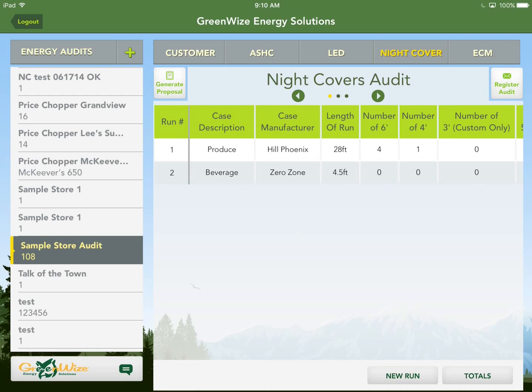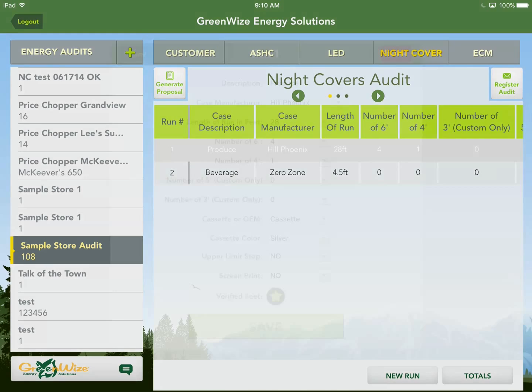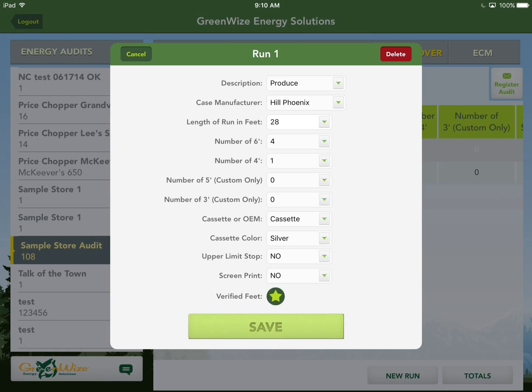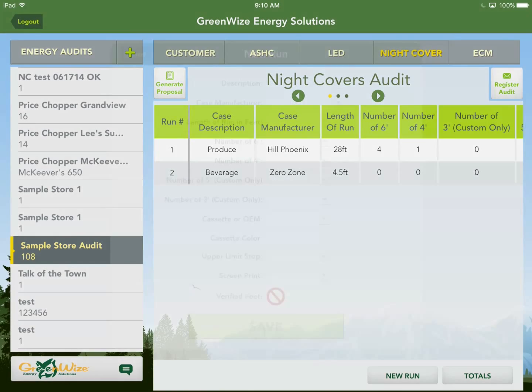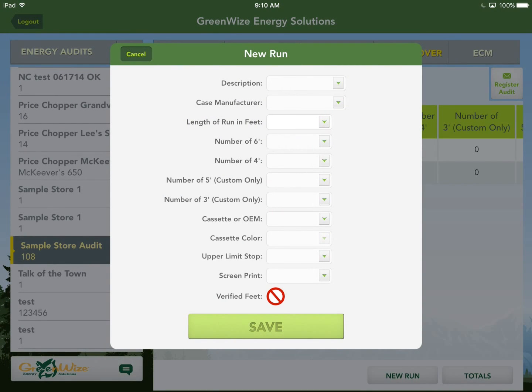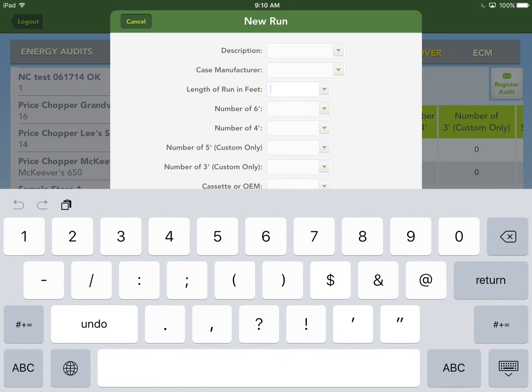For the night cover, pretty simple. You go in. What you want to do is, like, see, there's 28 feet here. You want to use as many 6-footers as possible to cut down on installation and employee operation at night when pulling them down. And when you're doing a new run, when you start one, you'll see the verified feet has that wrong symbol. So what that is for